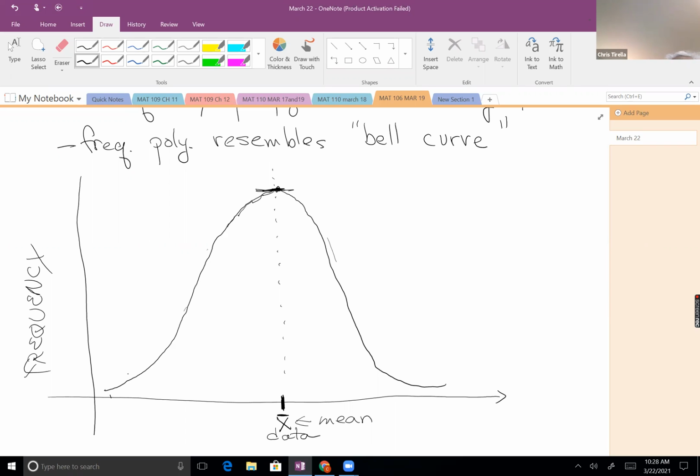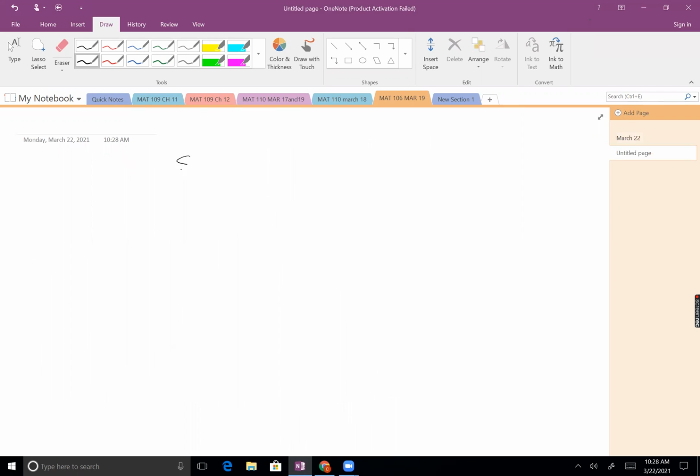And when I look at this normal distribution, one way in which we measure data values is by standard deviations from the mean. Can I turn the page, folks? Yeah. And so when I look at standard deviations from the mean,